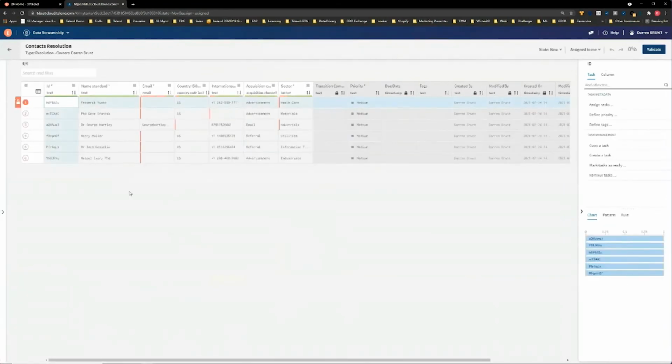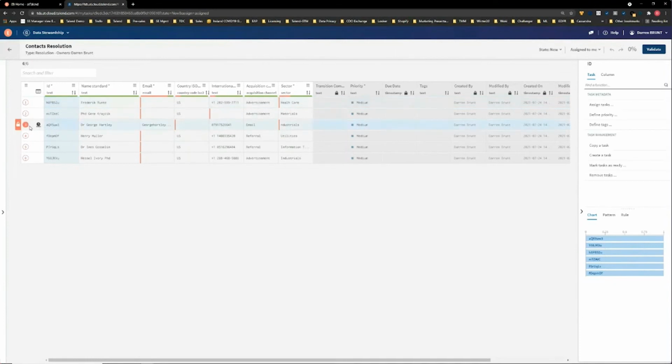Now, what we can see here are individual tasks which have been raised by our processing pipeline to flag the fact, for instance, that we don't have an email address, or we don't have a country, or whatever it might be in the data. And if either of those are true, or no international phone numbers, as the case may be, then we want to engage a steward. We want to engage a subject matter expert who can help remediate and determine how we can fix this particular attribute or this particular contact.